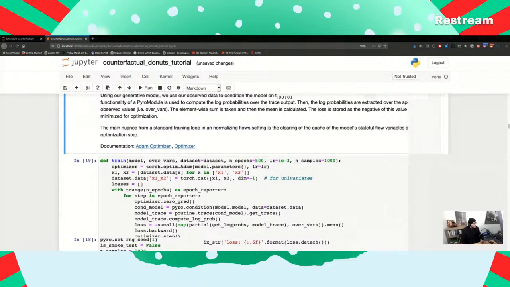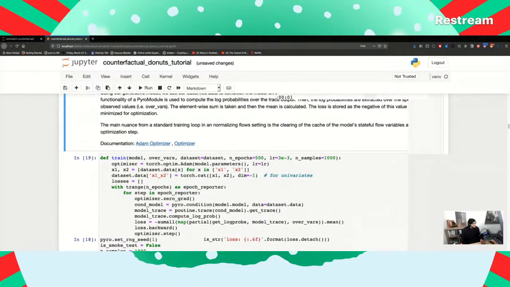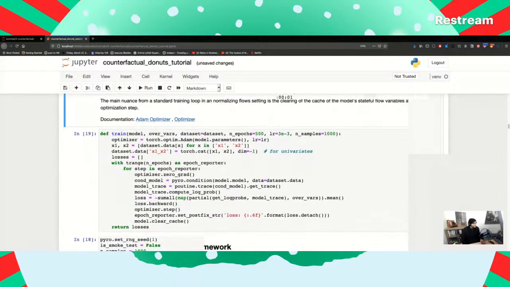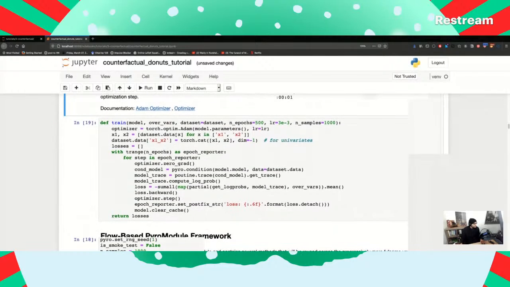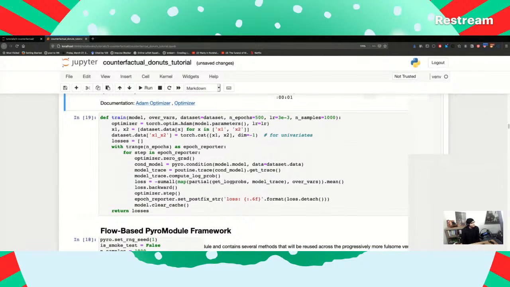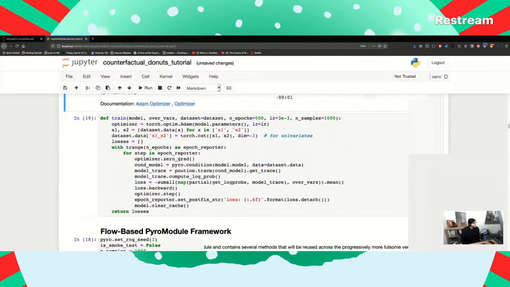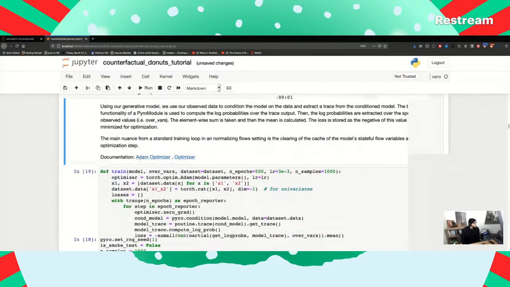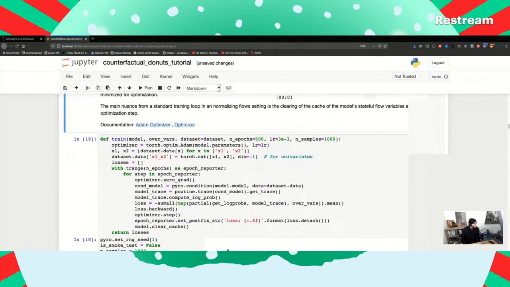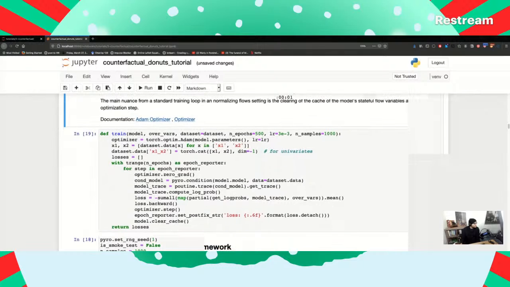The main nuance from the training step loop in normalizing flows is setting the clearing of the cache of the model's stateful flow variables at each optimization step. Okay, so that's a bunch of gibberish. Maybe I'll ask the writer to clarify a little bit. This is the first time I've seen this training loop implemented in code. See if we can understand it.